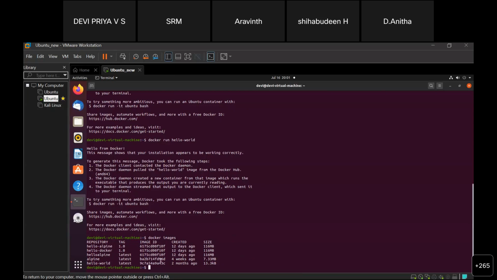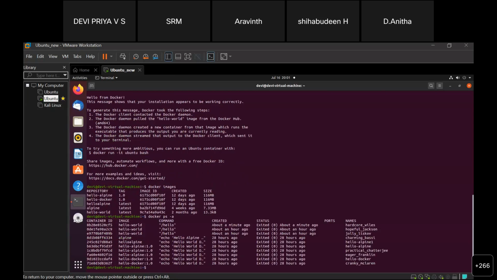And if I want to check whether any container is running in my machine, I can use the command docker ps -a. If I type docker ps -a, we can see which containers are available in my machine. Here I have created some containers already.